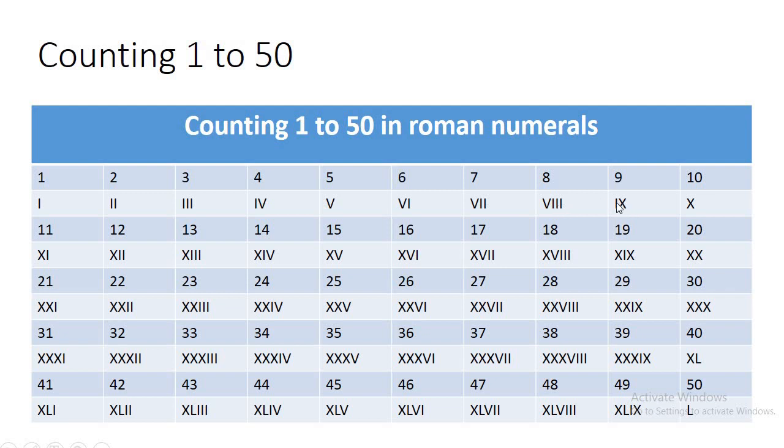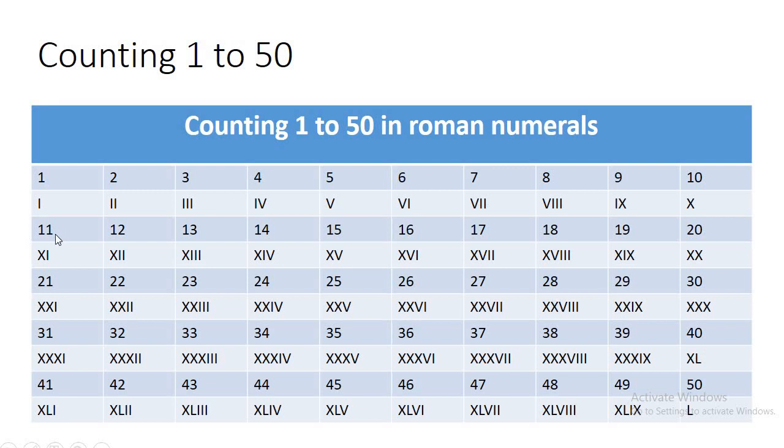Similarly, IX, as I is present to the left and X represents 10, so 10 minus 1 gives us 9, and X here is 10. Similarly, XX represents 20 and XXX represents 30. However, L represents 50, so in order to write 40, we cannot use XXXX. So in order to represent 40, we have to place X before L, so that the value of X is subtracted from L. X represents 10, L represents 50, so 10 is subtracted from 50 to give us 40.